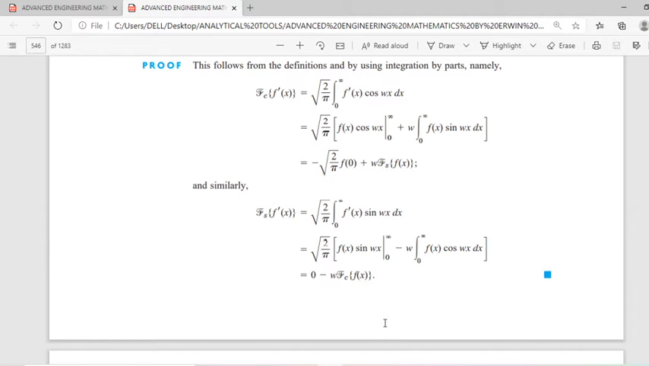Fs of f dash of x equals root 2 by pi into integral 0 to infinity f dash of x sin wx dx. After integration, we can take the first function as sin wx, and you can use the integration technique. Then you can see that